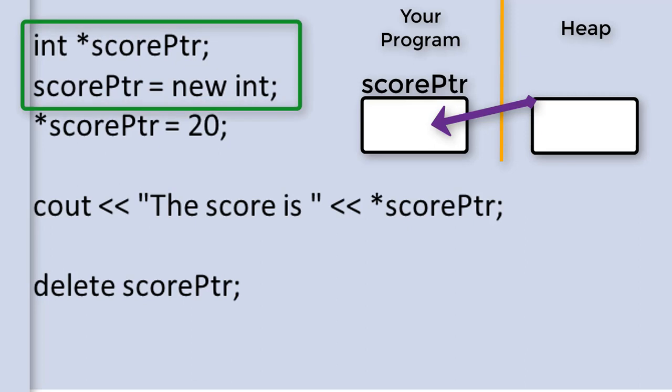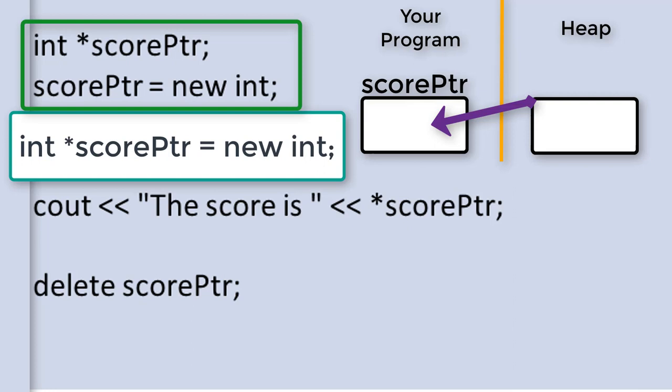In C++, memory is allocated using new int, which returns the address of the memory that was allocated. The memory address is then stored in the pointer variable named scorePtr. This could be done with a single line instruction instead of two lines: int *scorePtr = new int;